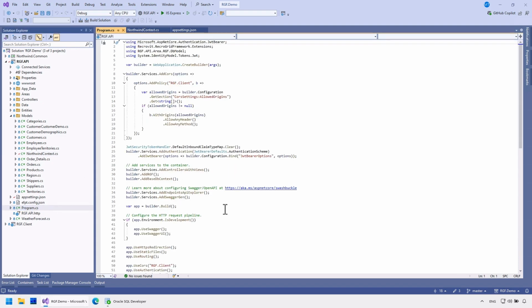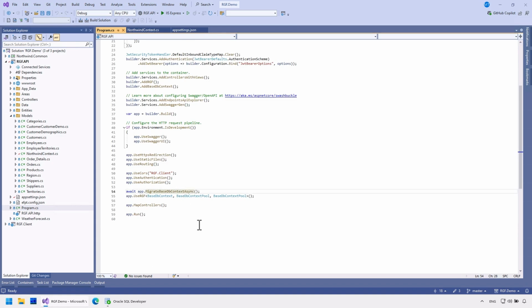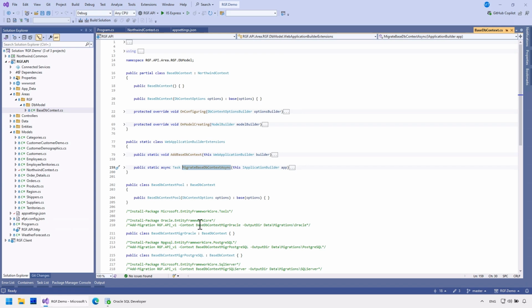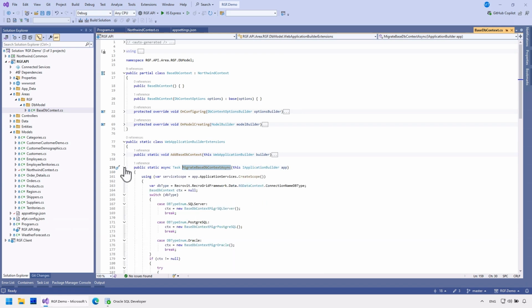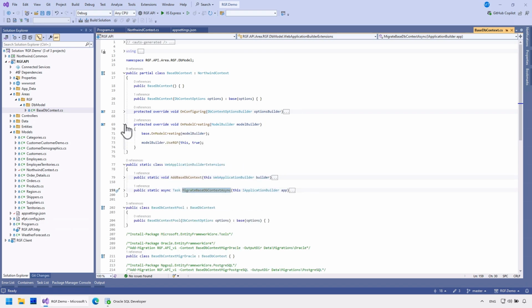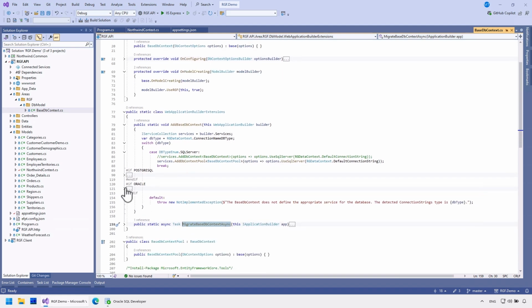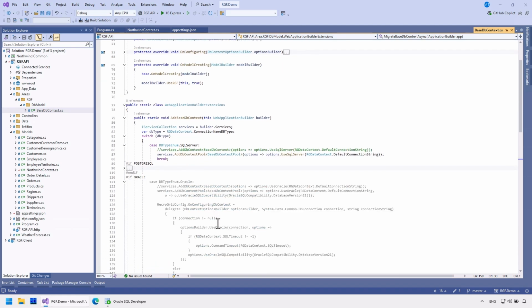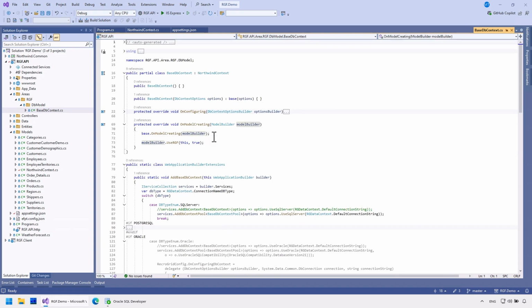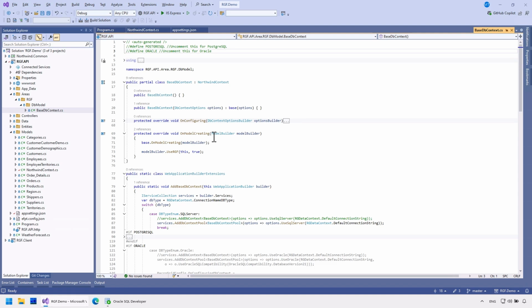Now that the model is ready, the database will need to be created during the application's execution. RGF provides convenient support for this, which I also used for SQL Server, and I will do the same now. This file, which comes with the RGF installation, shows the different migrations executed for each database type. This block only gets included in the build if it is enabled. I can enable it up here.